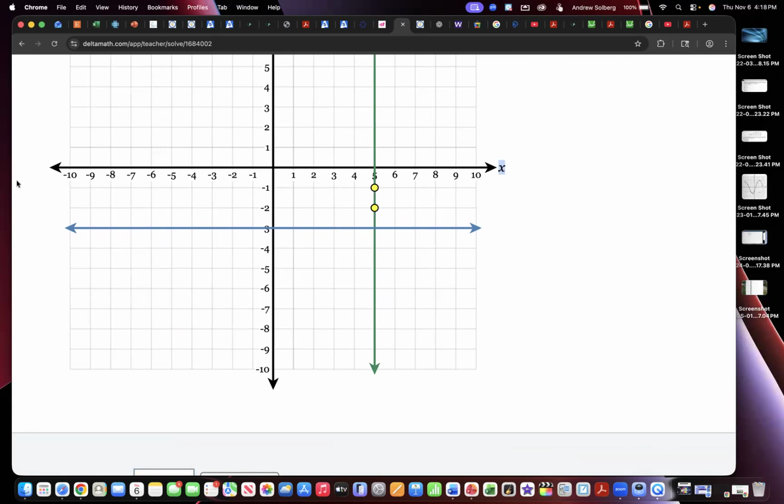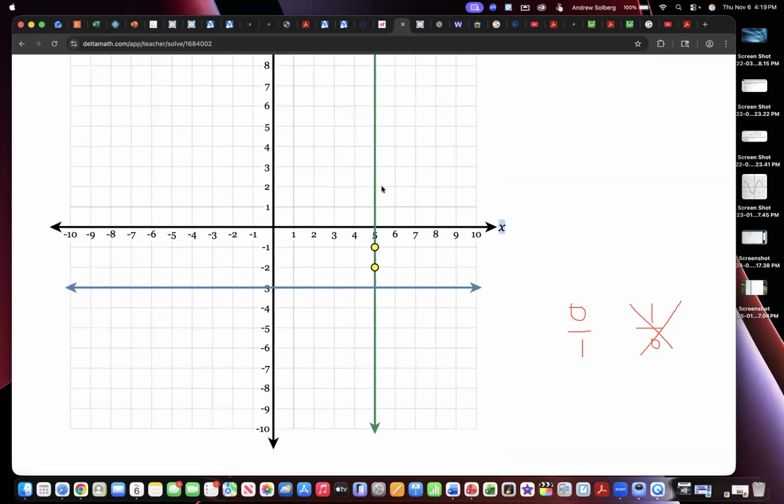The only issue with that is if I have a slope of 0, remember, any whole number is over 1, right? If I flip it to do the reciprocal, the 0 goes to the bottom. Remember, we can't divide by 0. So this is where I get the undefined. If I try to do the reciprocal of a slope of 0, we get undefined,